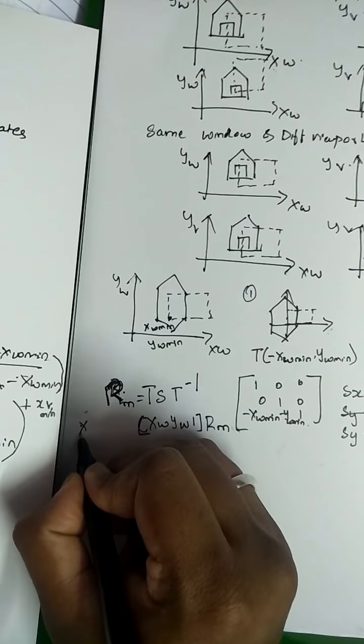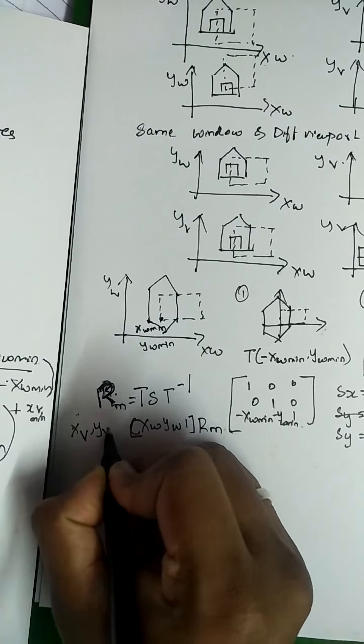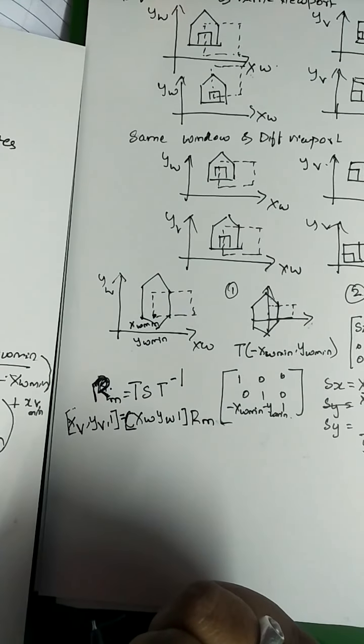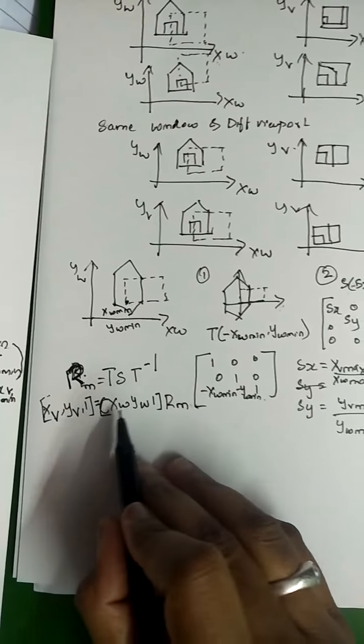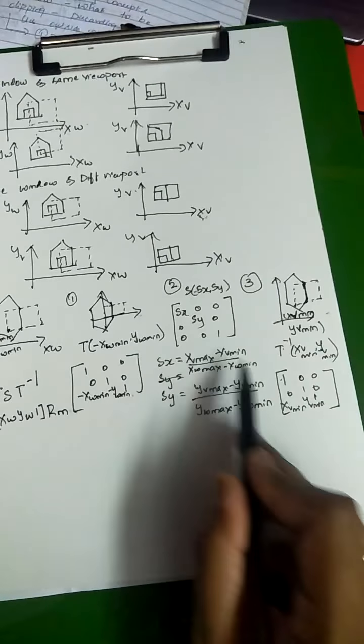so that I get the new coordinates, that is V. Fine. So on doing this operation, RM is nothing but all these matrices with respect to the existing xw and yw, and we get the new coordinates. See, this is somehow related to this. We have all these values, right? We manually calculated this once, but what happens in the graphic system is,